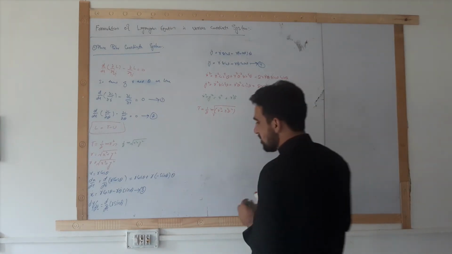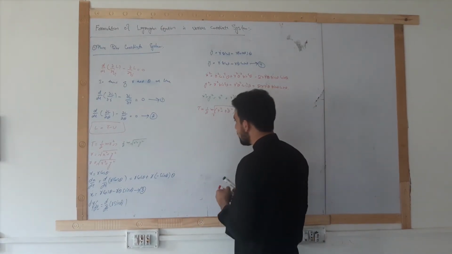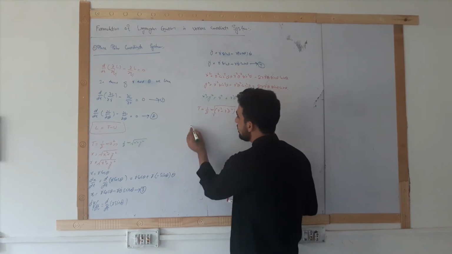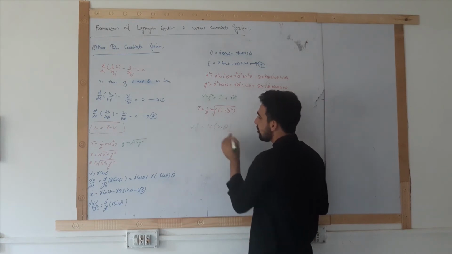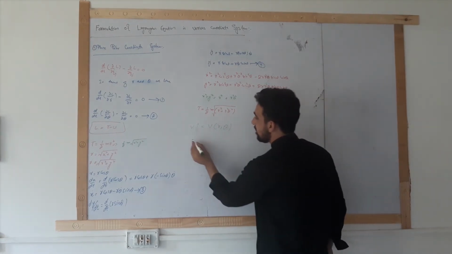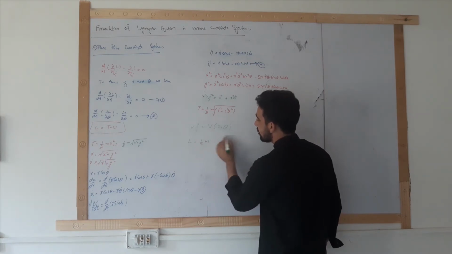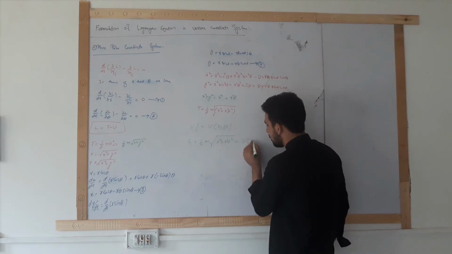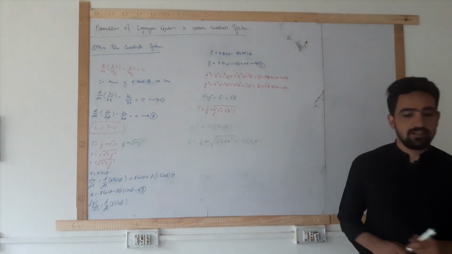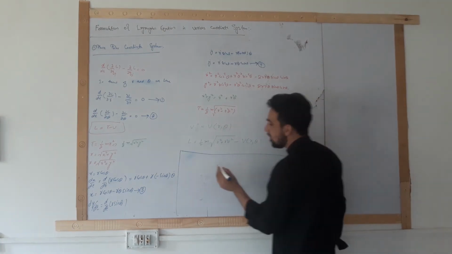Similarly, we can write potential energy as a function of r and theta. So potential energy V could be written as V is equal to a function of r and theta. So L will become equal to half m r dot squared plus r squared theta dot squared minus V of r and theta. Now we need to differentiate L with respect to r dot.